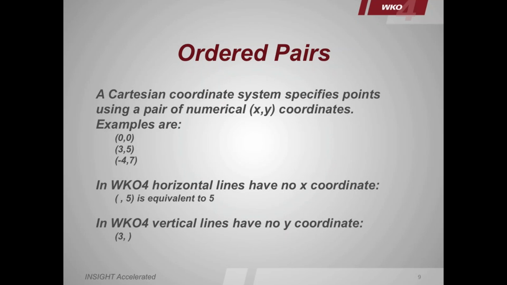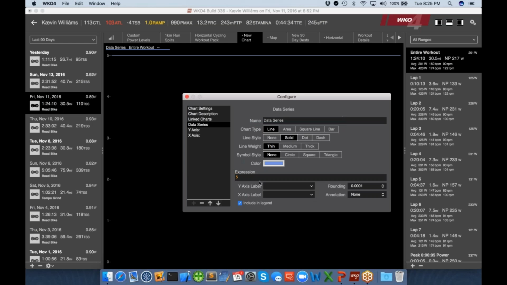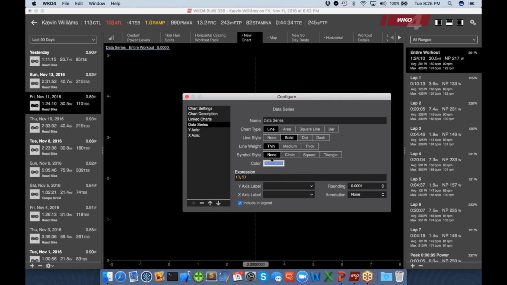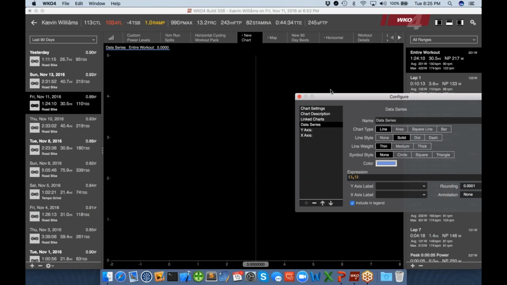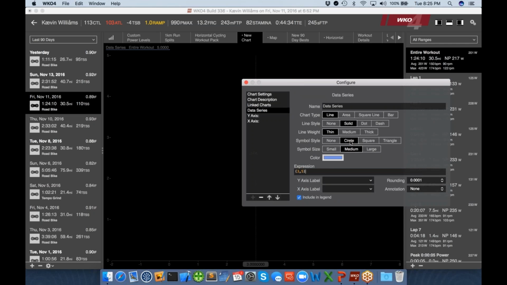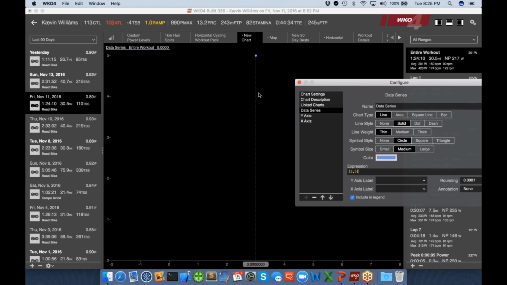So in WKO4, everything is graphed on a Cartesian coordinate system using points. So if I was to use 3, 5 as an example and change this to 3, 5, it's going to actually put a point on the screen. I have to change my symbol style to circle, but there's a point at 3 over and 5 up on that